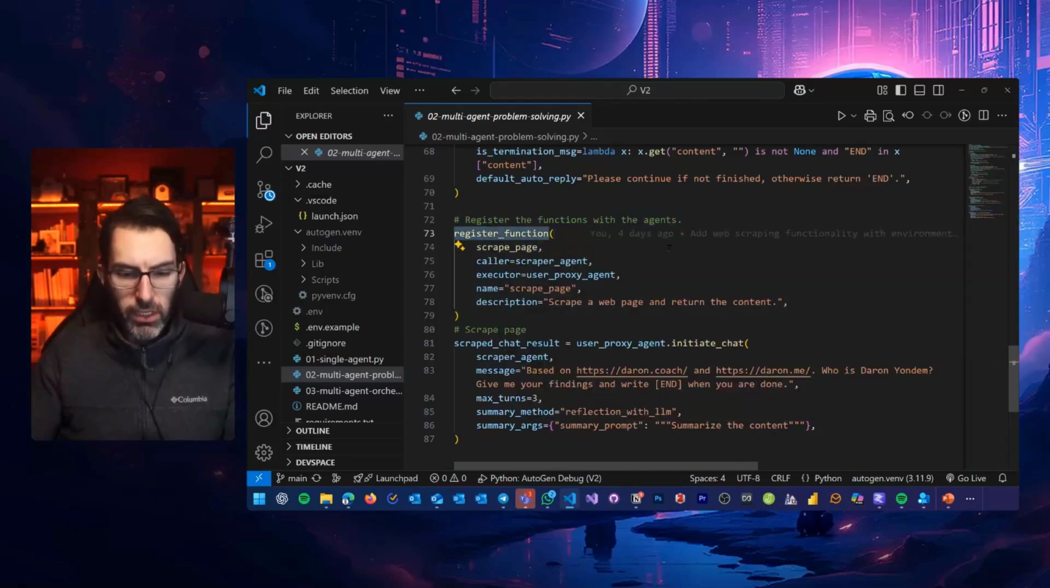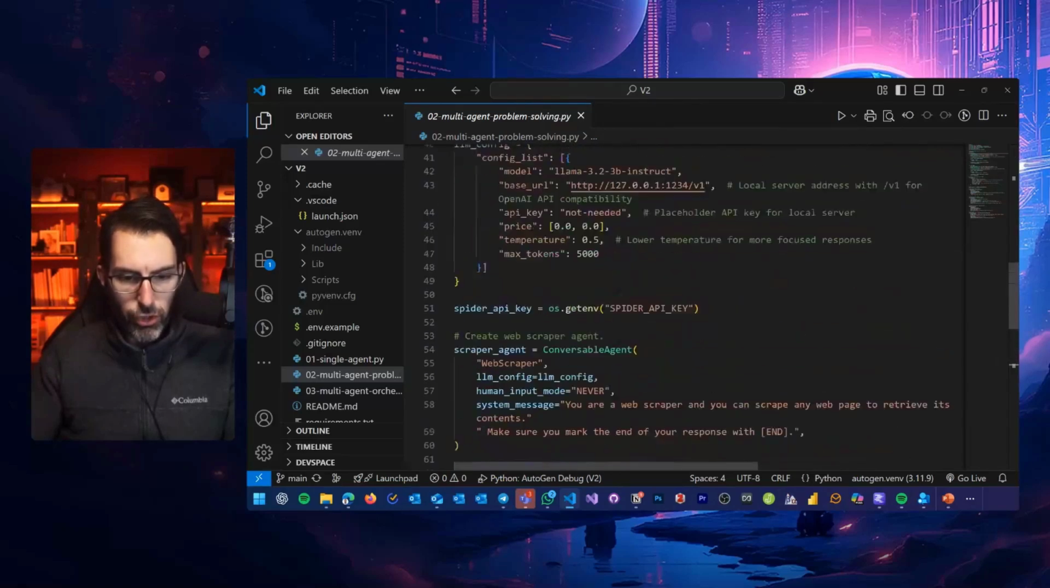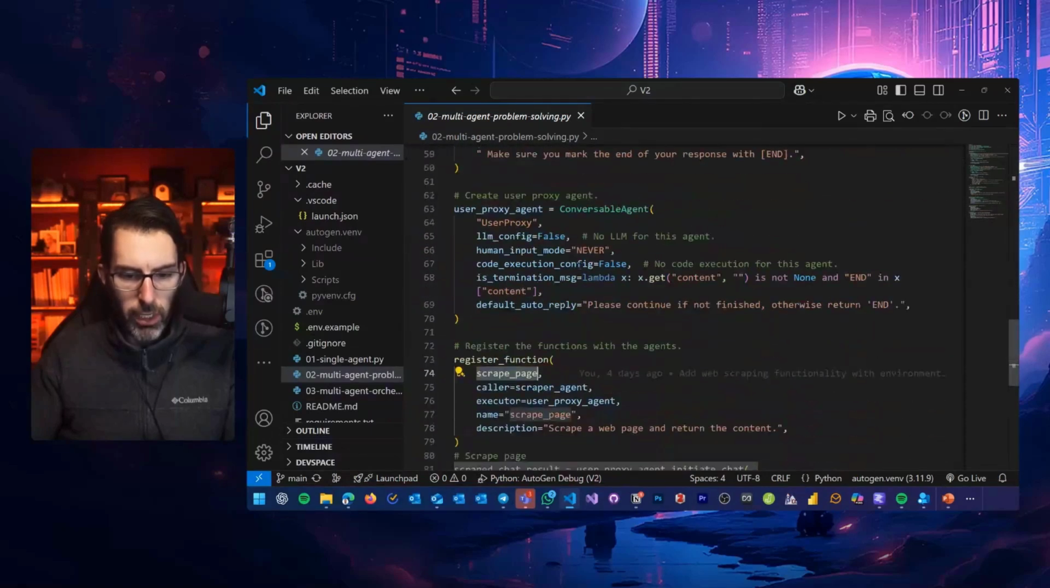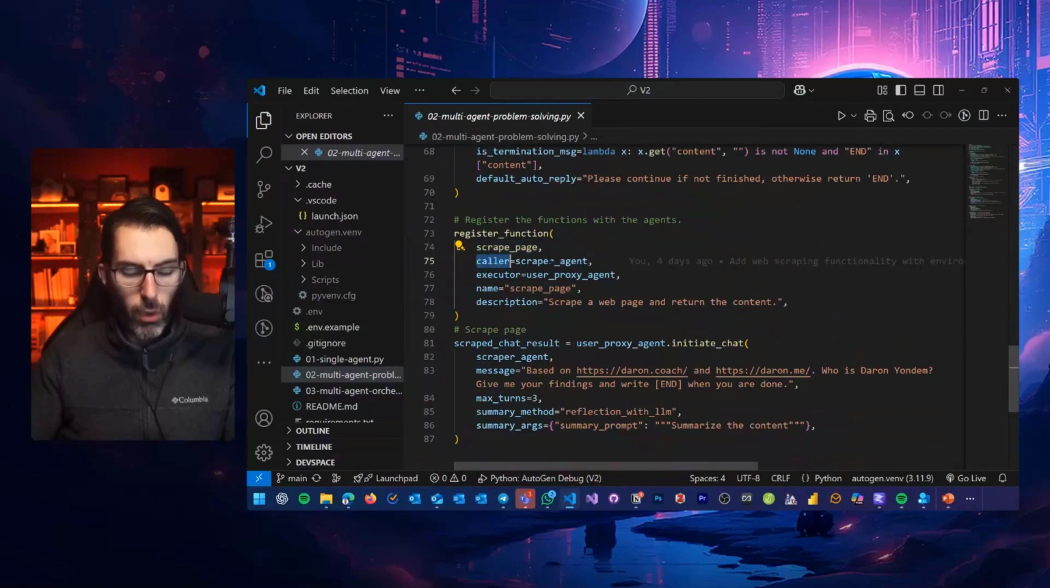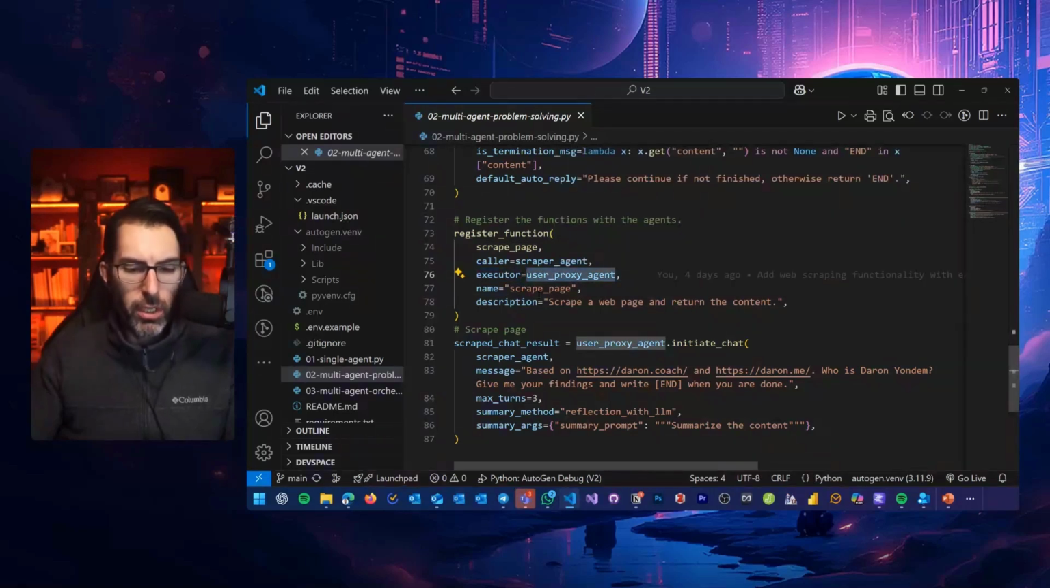So I'm registering this scrape page function. Let me go down, it will be registered. Who is the caller? It's the scraper agent. So the scraper agent can call the scrape page function. Who is the executor? Who is going to execute this? It's going to be the user proxy agent. I'm going to use it as a placeholder or a wrapper. Finally, I give this a name and a description so that we know what this skill is